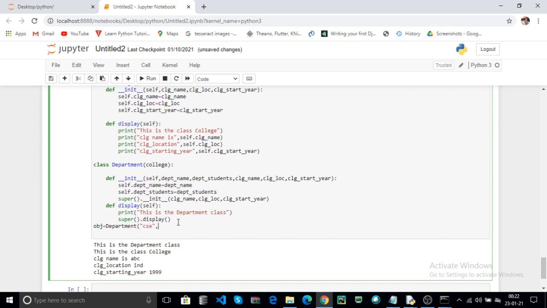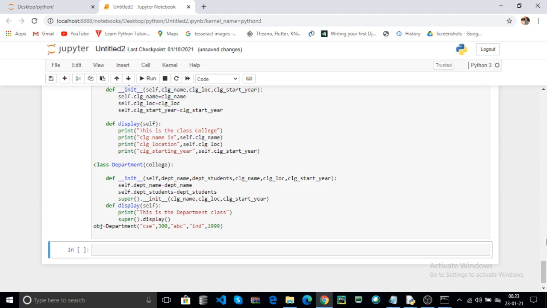Your department students are 300. Your college name is ABC. Here your college location is IND. Here your college starting year is 1999. Here click on the run. Now this code is working fine.